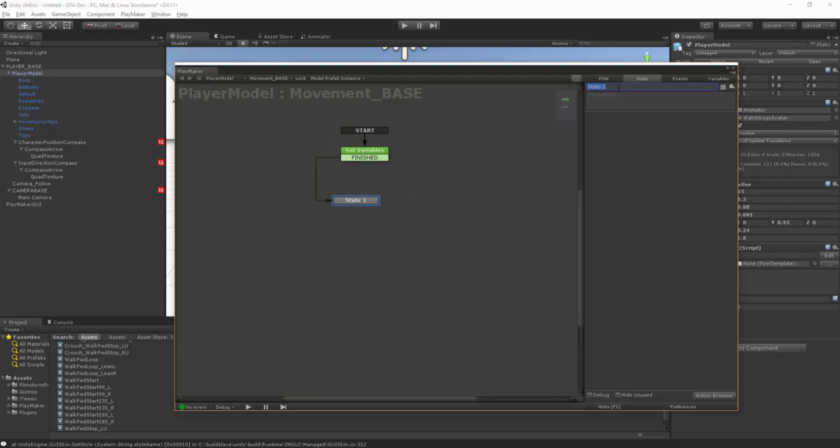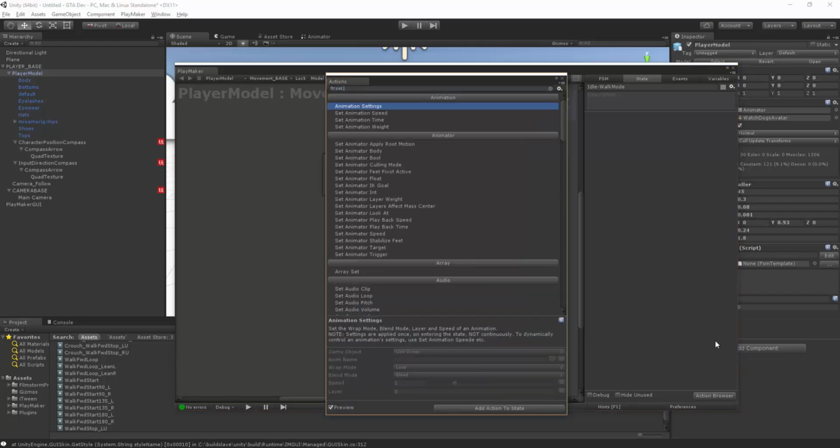And what we're going to do is we're going to call this one idle, and we're going to call this the walk mode. So that way we know that this is when he's walking, because we're going to have other variables, like we're going to have other trees where he's running and crouching, and when he has weapons and stuff out. So this is just to keep it nice and organized. So first, what we want to do is set the animatable